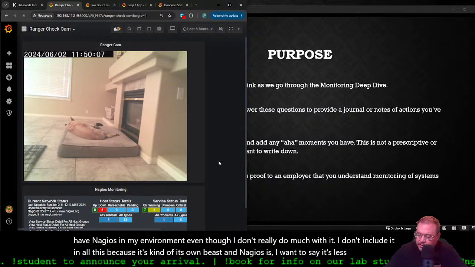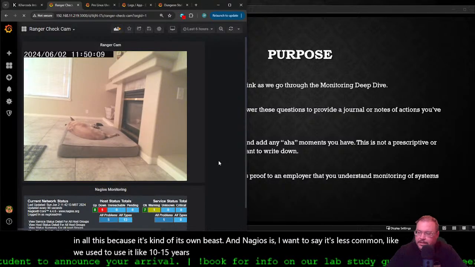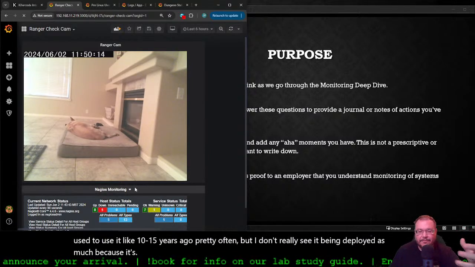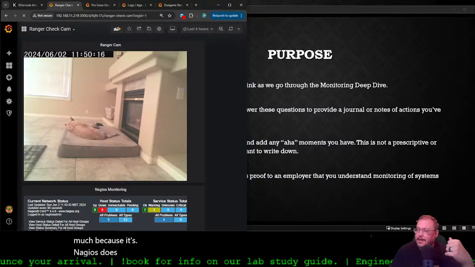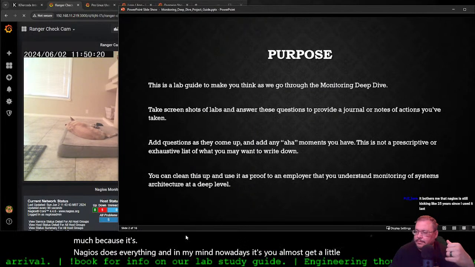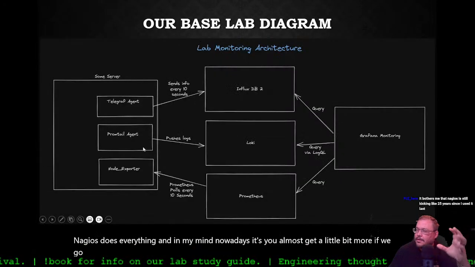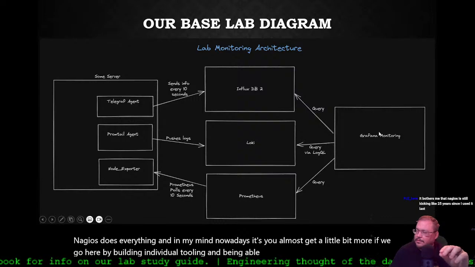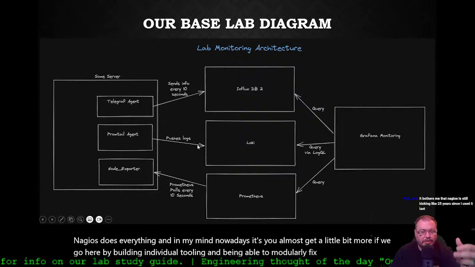We used to use it 10, 15 years ago pretty often, but I don't really see it being deployed as much because Nagios does everything. And in my mind nowadays, you get a little bit more by building individual tooling and being able to modularly fix or deploy or redo new things.